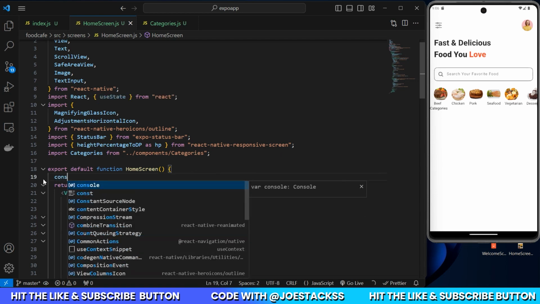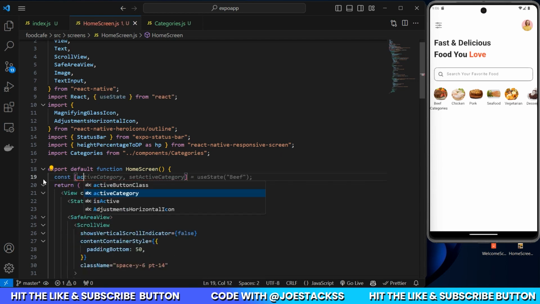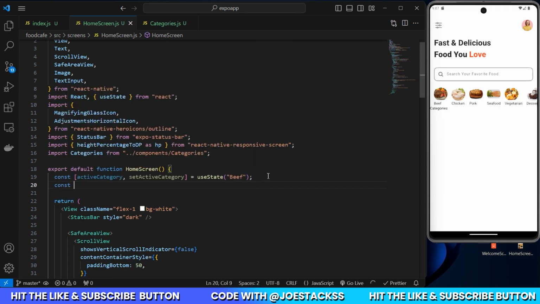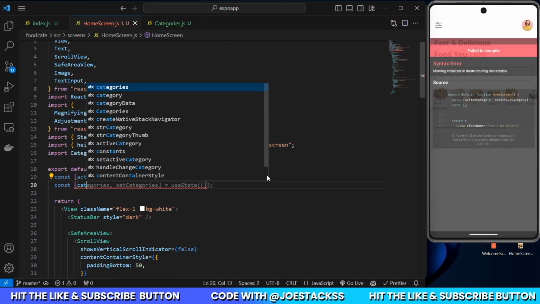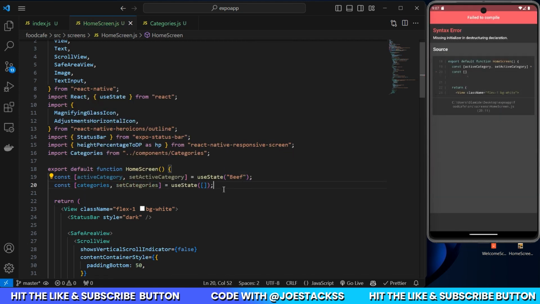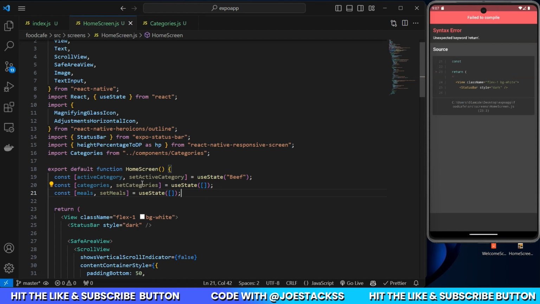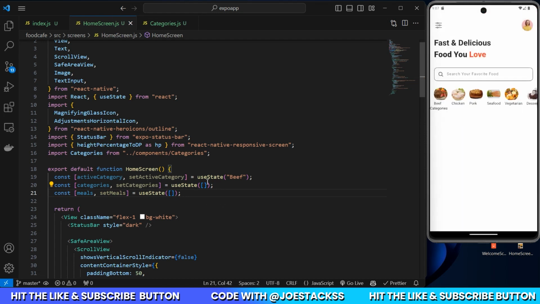So to do that, we're going to say constant of active category and also set active category to use state. We're going to say the default value is beef, which is the first one here. After this, we're going to create another state, and this state should be called categories and set categories to this. Also, the last state we're going to use is of meals and set meals to an empty array,